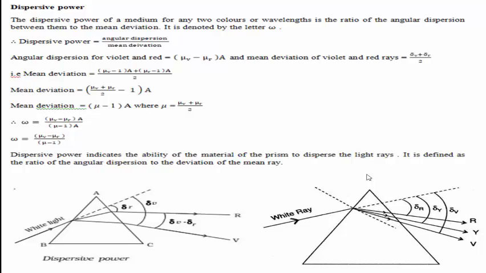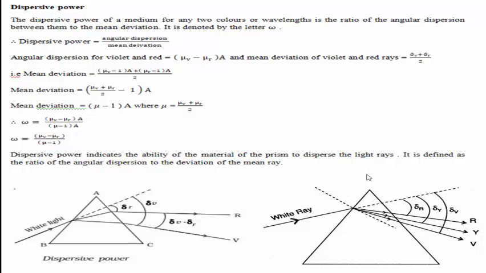Therefore, dispersive power is equal to angular dispersion to the mean deviation. Angular dispersion for violet and red is equal to refractive index of violet minus refractive index of red multiplied with A, and mean deviation of violet and red color is equal to delta V plus delta R whole divided by